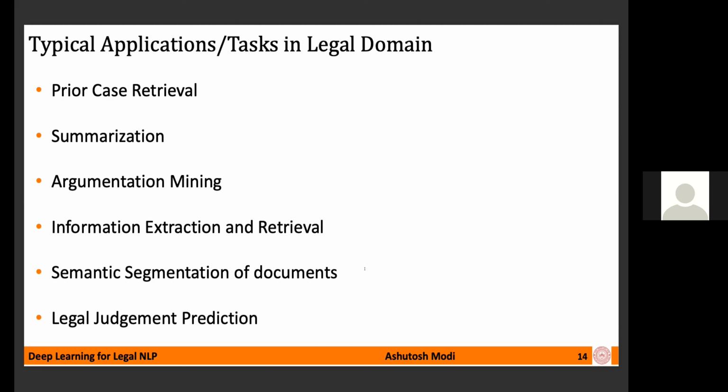And then there is the task of legal judgment prediction, where given a judgment document, you want to develop a system which will predict the final decision of that case, right? These last two I'm going to talk about in more detail further in the slides. So before I proceed,